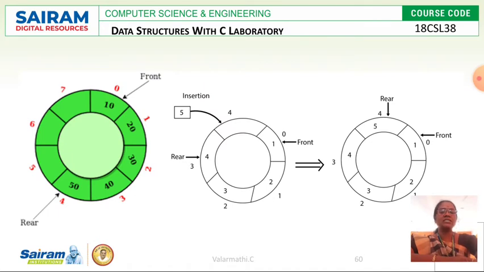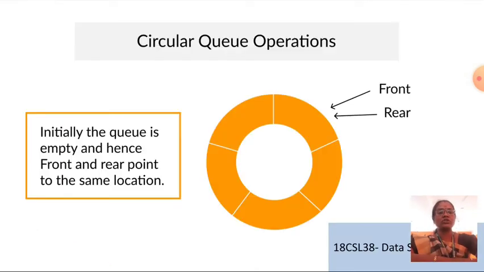Here this graphical and diagrammatic representation shows the circular queue, the front pointing to the 0th location and rear pointing to the 4th location. Thereby there are 5 elements present in the circular queue. Still it has 3 elements to insert. According to the left side diagram, there are 5 elements already inserted in the queue, and it still has the capacity of inserting 3 more elements. So this is the diagrammatic representation of a queue.